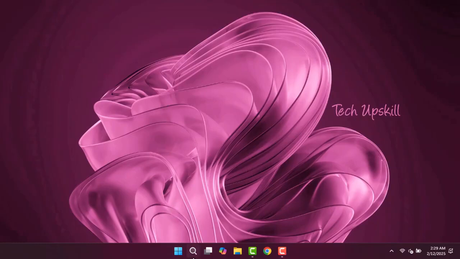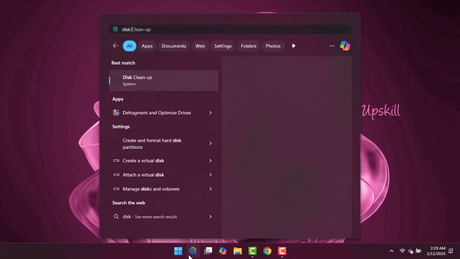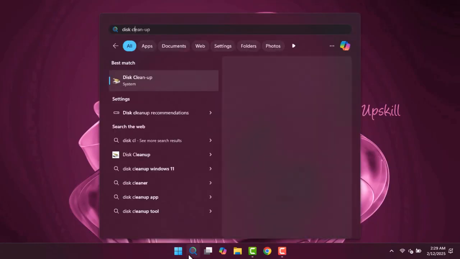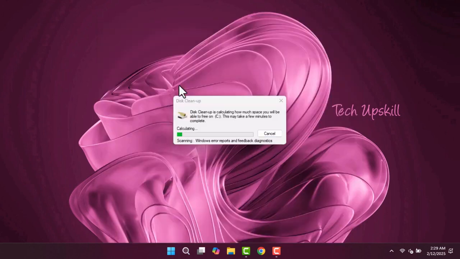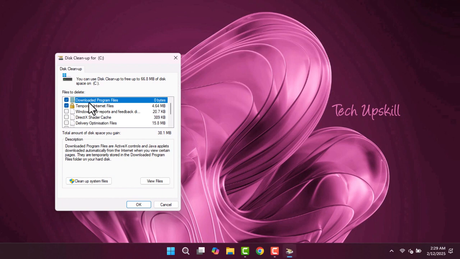To fix the black background issue on folder icons in Windows, start by opening the Start menu and search for Disk Cleanup. When prompted, select the drive where Windows is installed, usually C, and click OK to scan for unnecessary files. Once the scan is complete, find thumbnails in the list of files to delete, check the box next to it,